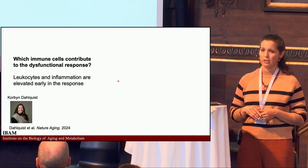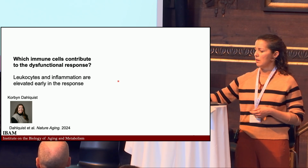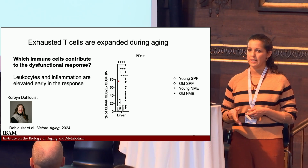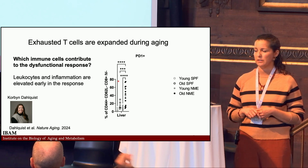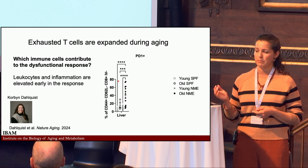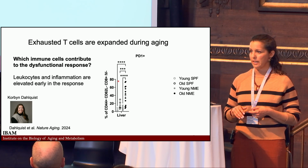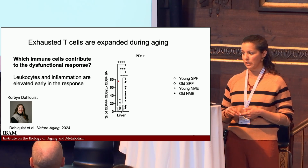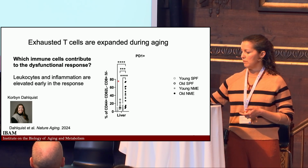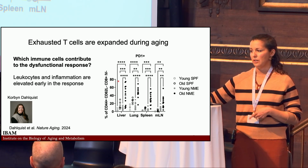We did a lot of work to really characterize the immune cells using flow cytometry and sequencing. So what I wanted to focus on was this finding that exhausted PD-1 positive CD8 T cells are increased first in aging and then further amplified with exposure to NME. CD8 T cells are normally cytotoxic T cells that are responsible for clearing viral infection. And you can see we found this amplification in the liver, but also in the spleen, the lung, and the